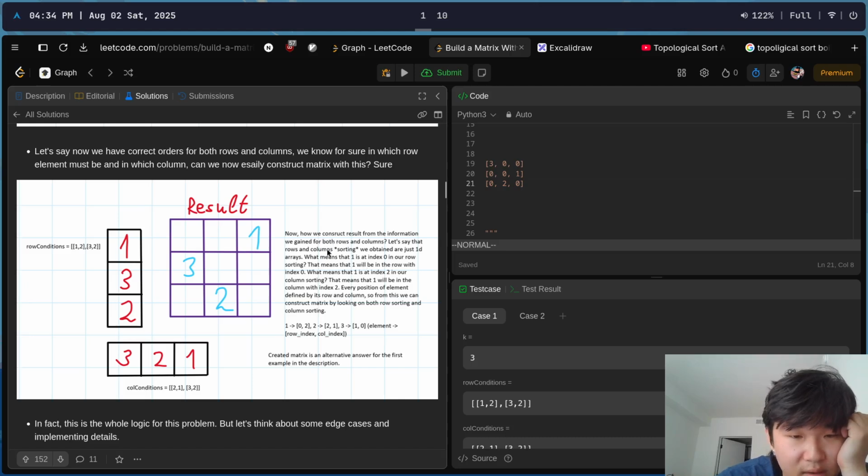Let's say the rows and columns sorting we obtained are just 1D arrays, which means that 1 is at index 0 and our